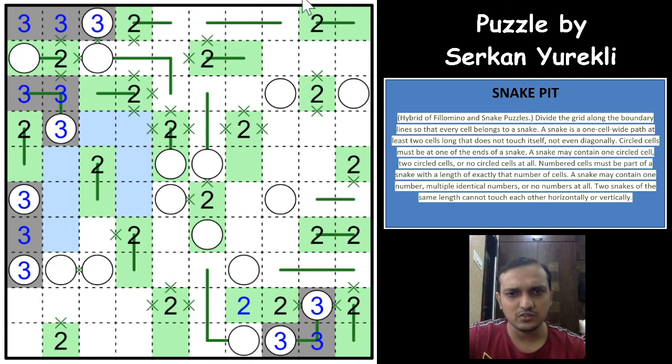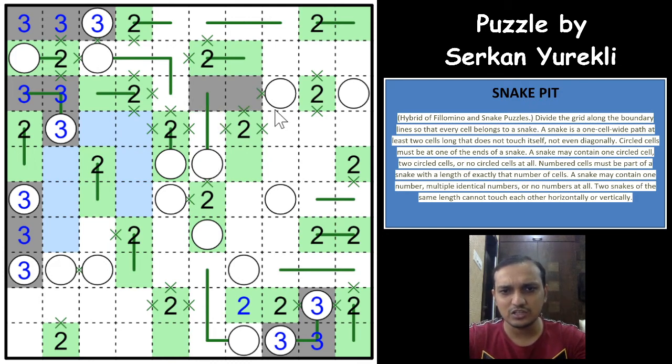Okay, I can see a very good logic here, excellent logic here. So if you mark a cross between these two cells, what happens here is this cell becomes a part of this snake now, this region, and both of which cannot connect now. This becomes a 4 cell snake and this also becomes a 4 cell snake. Excellent logic here. So which means that there cannot be a cross here, and there has to be a line between these two cells, and now this becomes the end part of the region, right? Snake.